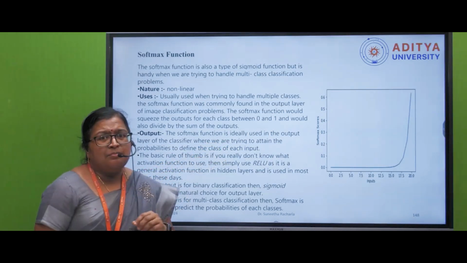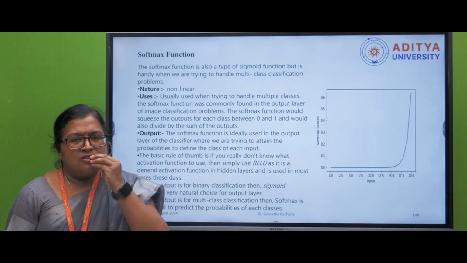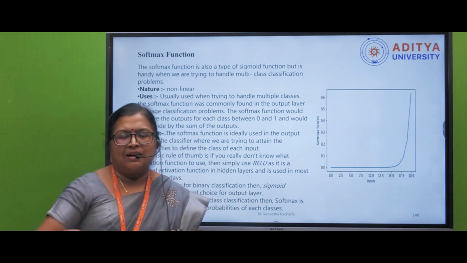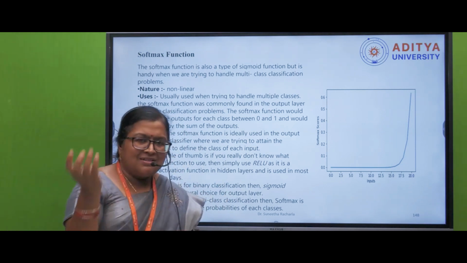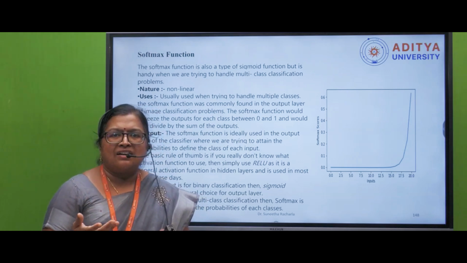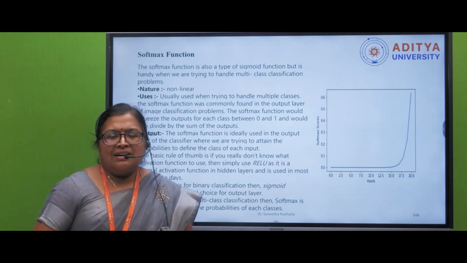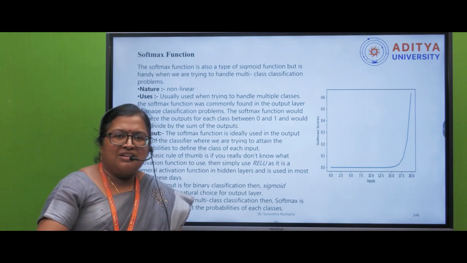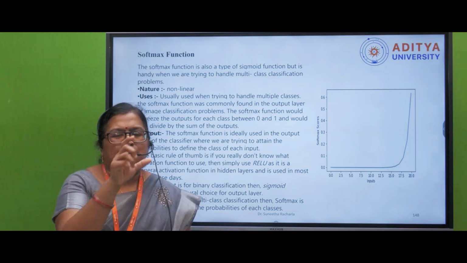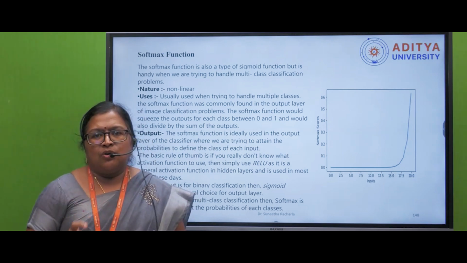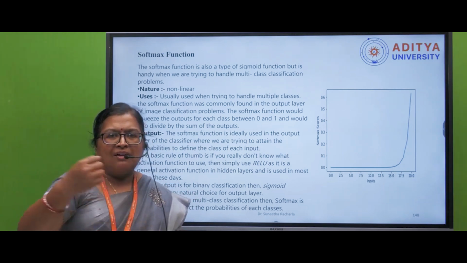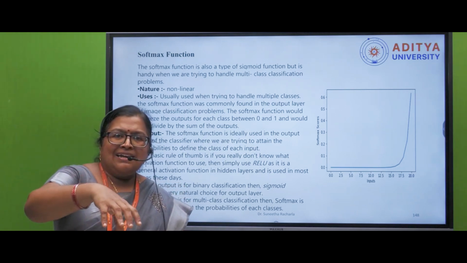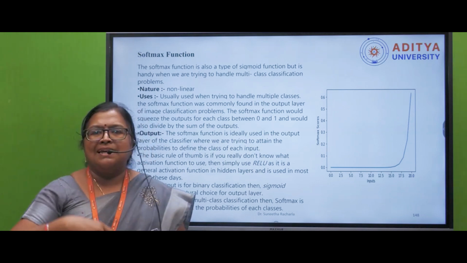And next, another important activation function is softmax. Softmax is completely about probability. So it won't give any integer value at the end. Normally for the output layer, we use either sigmoid or mostly softmax as the activation function, because at the output layer, instead of deciding that some integer value is the output, we'll just take the probability. That will be a better way to take the decision depending on which neuron you have to consider as the output. So to decide that, instead of calculating an integer value, calculating probability is the better option.